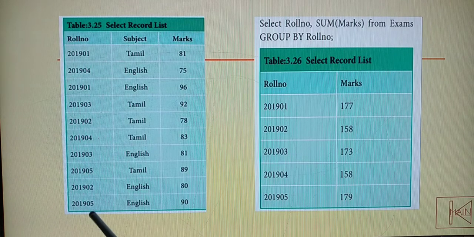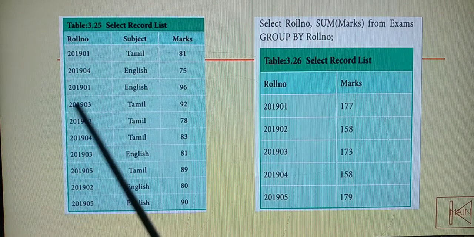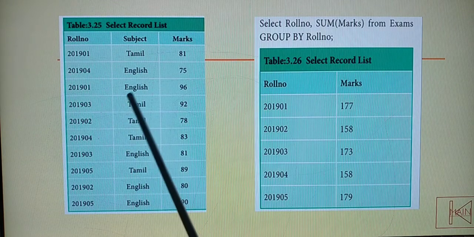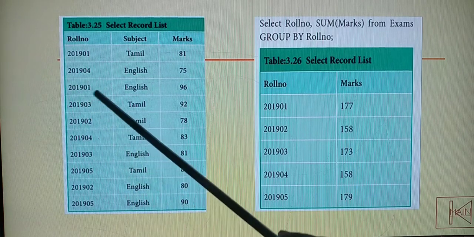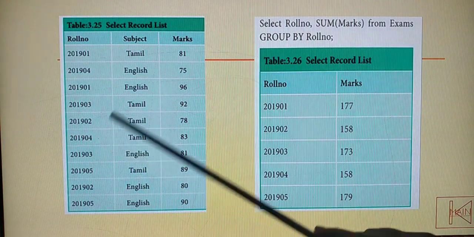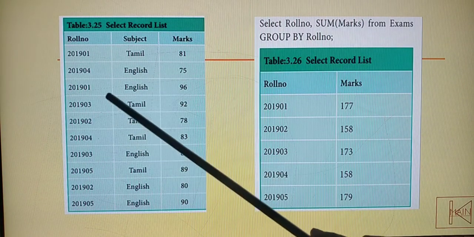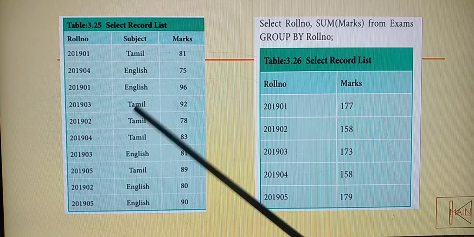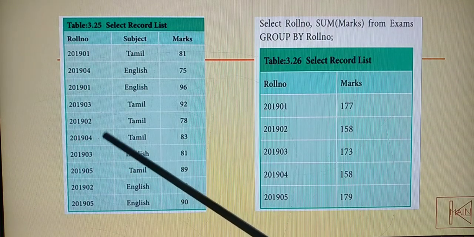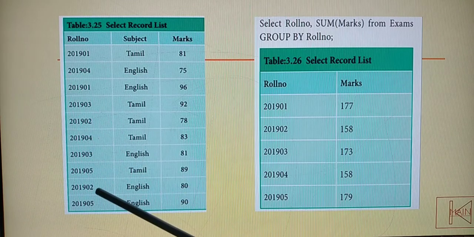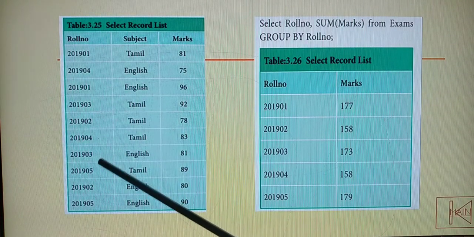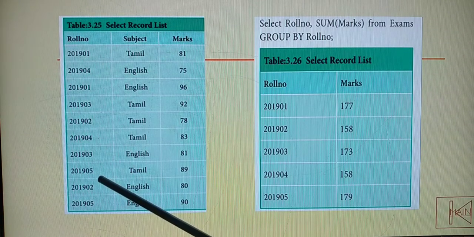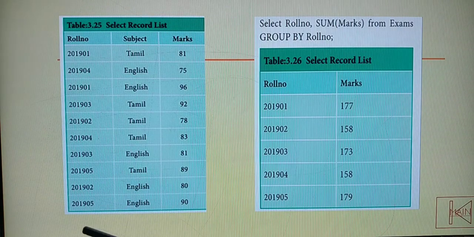Yes, we will see carefully the roll number. Go on with that roll number. Yes, 901 Tamil mark, 901 English. So other we will not have any 901. Okay, the next one 904. Check whether you are having. Yes, here you are having 904. It is English mark and it is Tamil mark. Next, yes, 903. It is Tamil and 903, here you are having English. The next one is 902. Yes, here also the first 902 is Tamil and this one is English. Okay, and next 904 we already counted. 903 is also counted. The next one is 905. Yes, here you are having Tamil and the next you are having English.